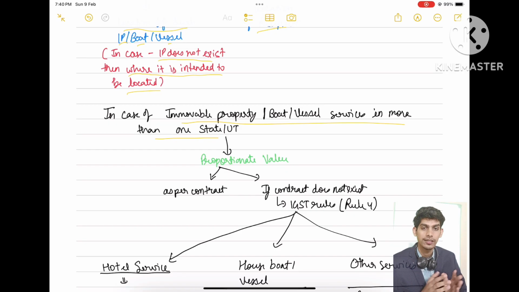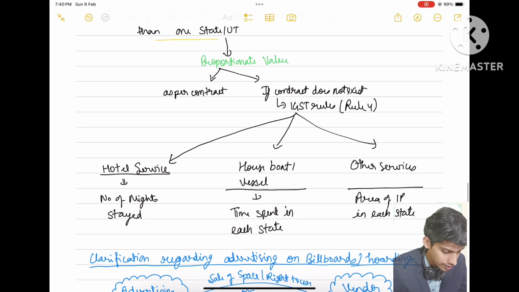If there is no such contract available, then we have Rule 4 of IGST. Rule 4 of IGST says, in case of hotel service, and if we have data of night stays available with us, let's say,